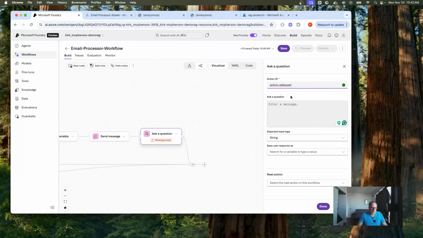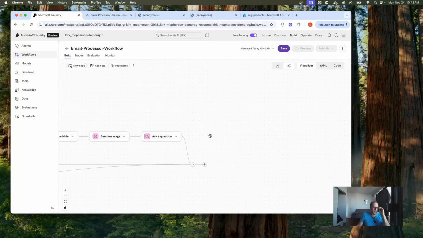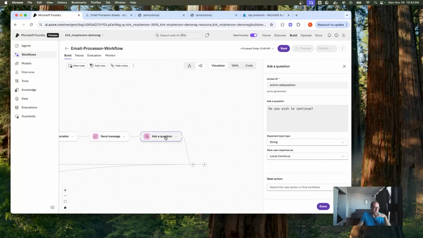And a question saying, do you wish to continue? And let's say the user response as local.continue. Do that, and we're just going to save it here. And now we're going to go here, and since we saved this as a variable local.continue,